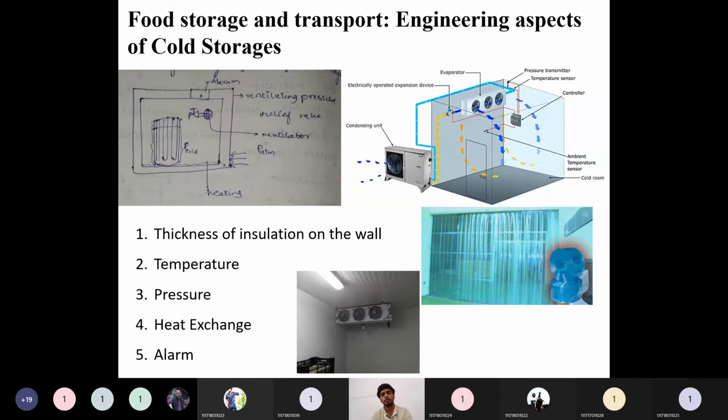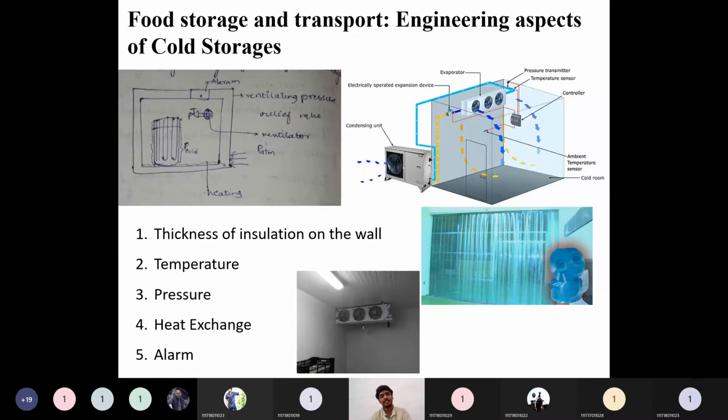He will just assume that some automated process is going on and that the food which we are storing inside is not spoiling, or is in a safe condition. But what happens ultimately if there is no alarm is that spoilage can happen inside. So because of that, we have to keep some safety alarms inside that one. That comes under the safety considerations.